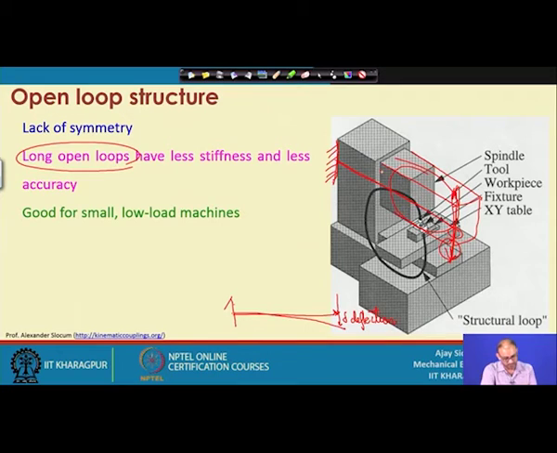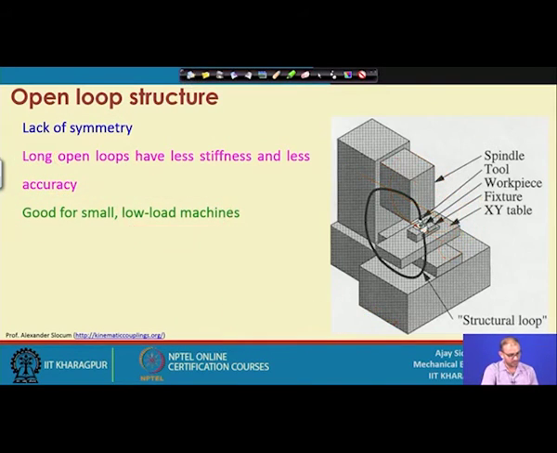I think it may not give so much of a problem, but still there are some machines available which have this type of C structure or open loop structure, but with a very small amount of open loop. The Z axis extension of this Z axis bar or this particular column is not so high. Where is the advantage? That it is good for small and low load machines. That means, when you are machining very fine features on a low load machine, then it is good and you can still use it for micro machining.